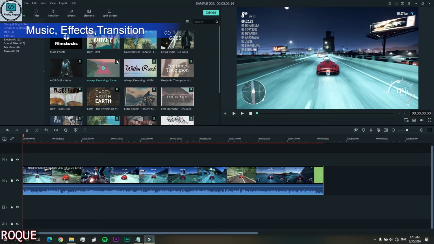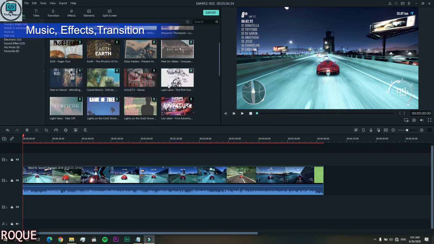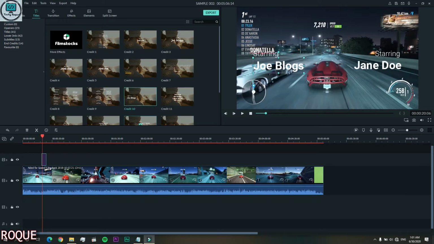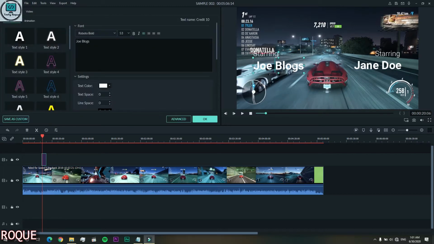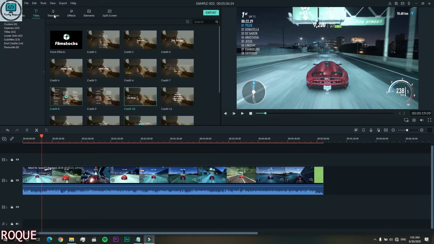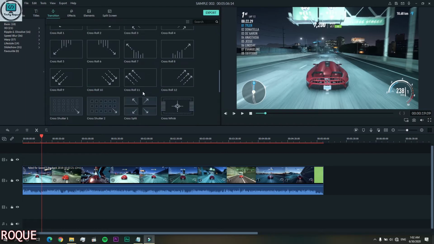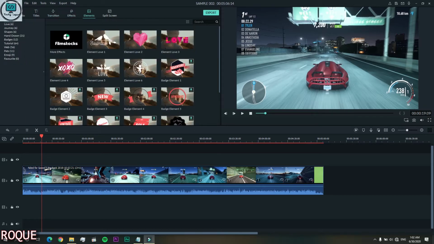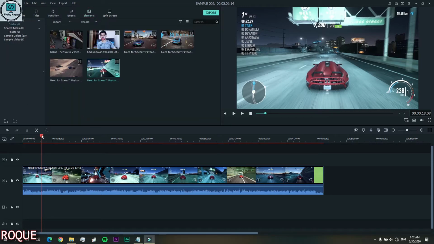You can also add your music, you can download music, and you can add text by just dropping it on the timeline, then double click the text to edit it. You can also add text and color, everything. I will tell you later, so leave it for now. In the transition section, you can also add transitions. I will also tell you later how to use this, really great. And now let's start the editing.